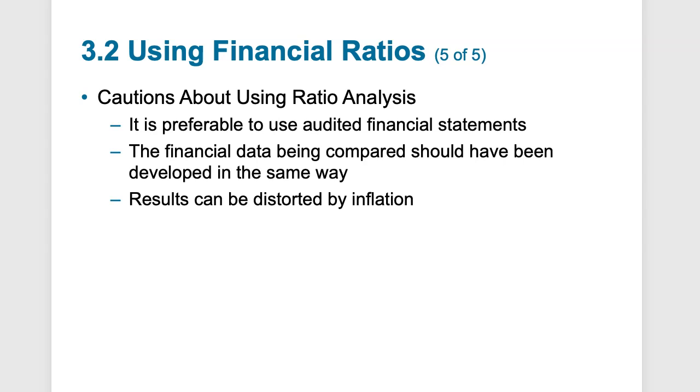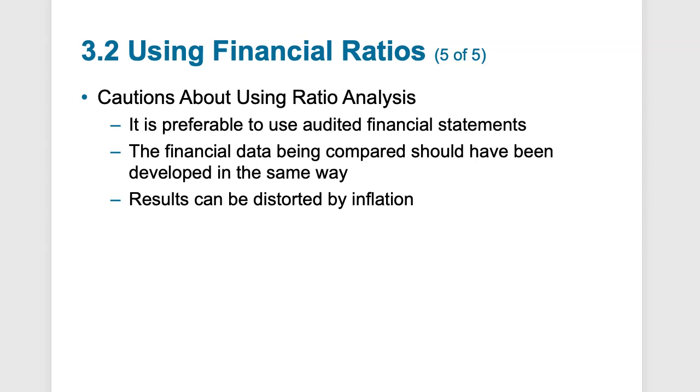And I just want to reinforce that no single financial ratio is going to tell you the full story of a company. You have to analyze the financial ratios together as a set. And generally, we take these financial ratios and put them into distinct categories. So we're going to be looking at asset, liquidity, activity, debt, profitability, and market ratios. And we're going to calculate these ratios utilizing the income statement and the balance sheet. Those are going to be where we're getting our base information to calculate these ratios.